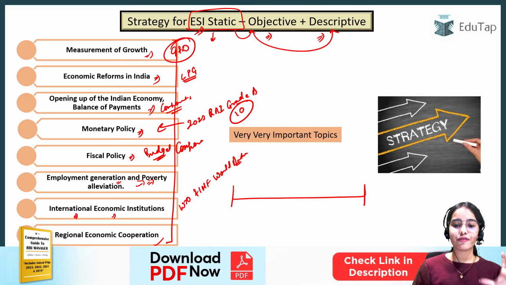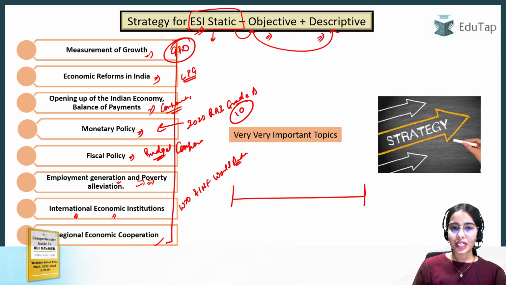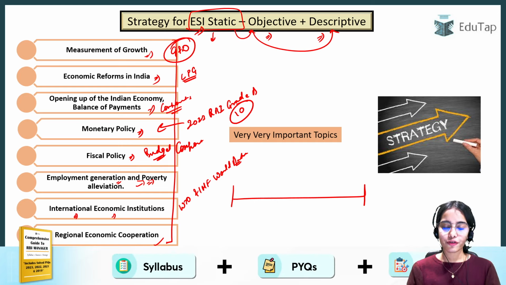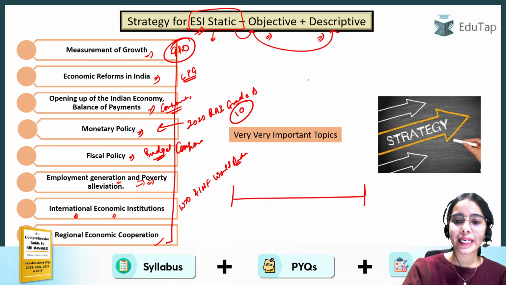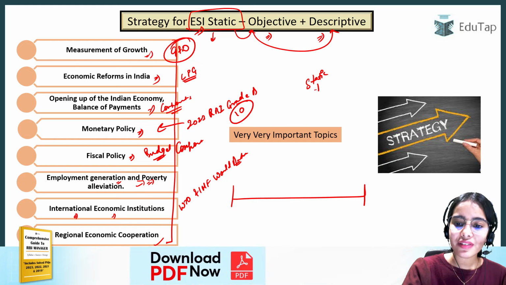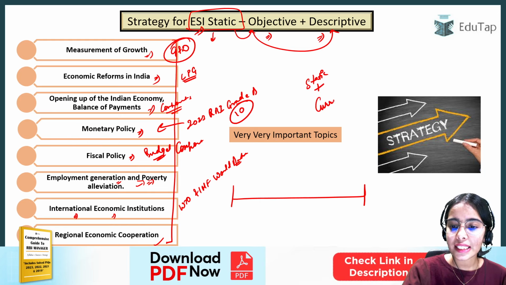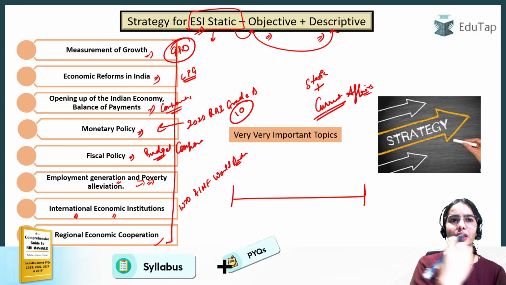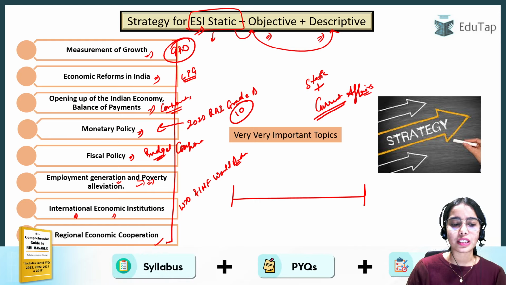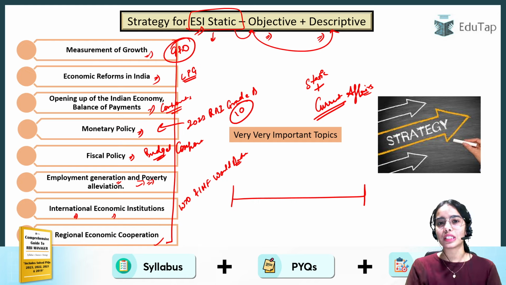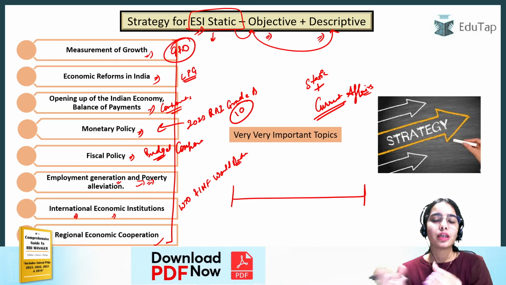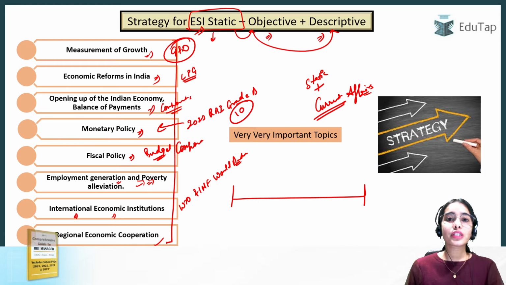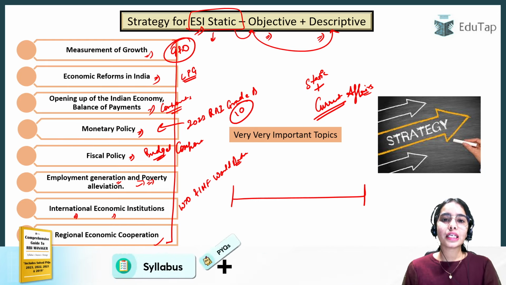So these are the very important topics, and the strategy is to make a good foundation in these chapters first, so that they will help you in getting the marks in the static portion, as well as they will help you in getting the understanding regarding the current affairs also. There are many terms that are going on: repo rate, marginal standing facility, standing deposit facility. So through the monetary policy chapter, you will understand these basic terminologies. The terminologies like deficit, like the revenue deficit, like the fiscal deficit, you are going to get the basic understanding regarding this from the